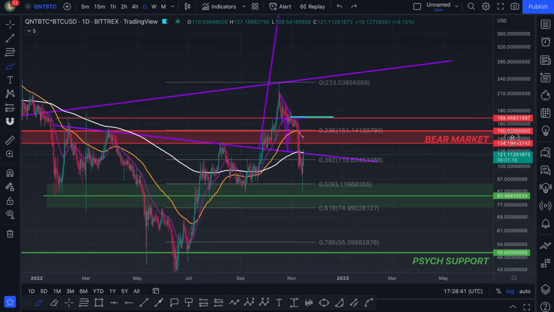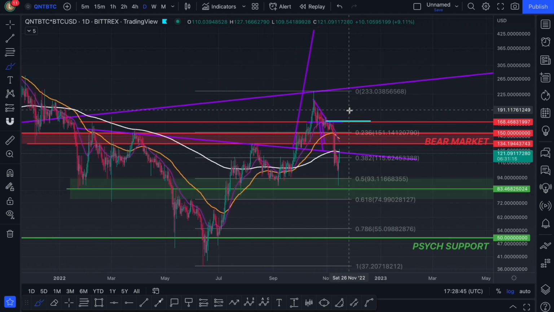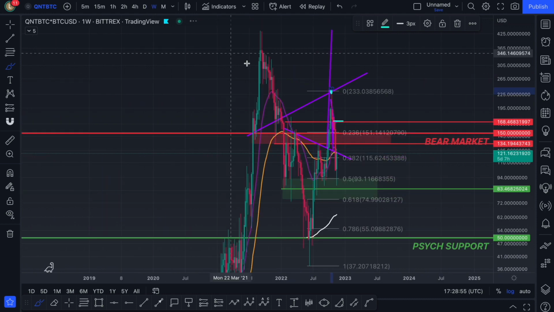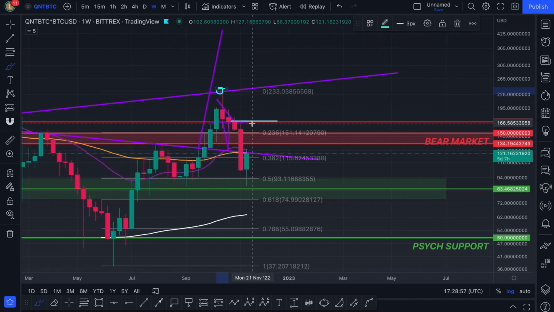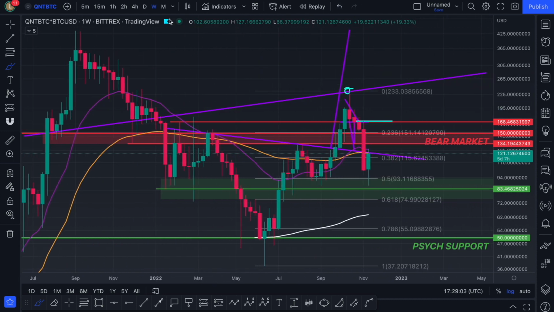We can't lose that. But because Bitcoin had already lost that, and we were aware that if Bitcoin's making lower lows, regardless of what everyone thinks about Quant being bullish, it's going to drop. And we were calling for Quant to drop ever since that wick up there. We were also saying the weekly close was the final nail in the coffin with that shooting star. So going back to the daily now,